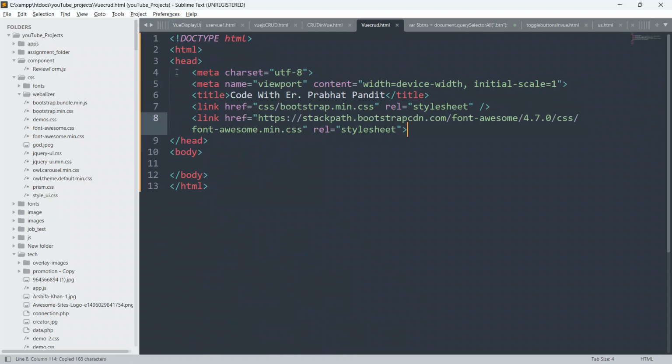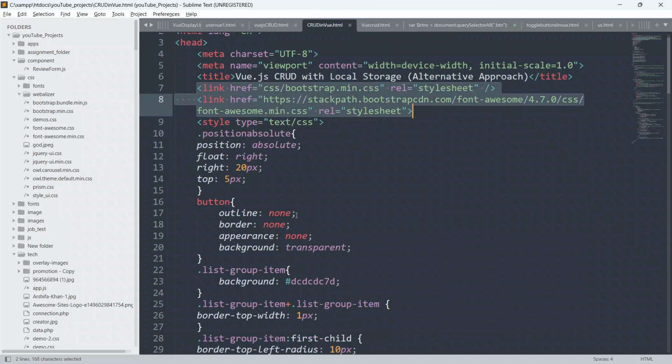Let me explain: this is the local path for my Bootstrap file, and this is the CDN link for Font Awesome, fontawesome.min.css, and this is the local path for my Bootstrap CSS. As you can see, I have a folder named CSS, and inside that I have a file bootstrap.min.css. And let me copy one more CDN link from the previous example.